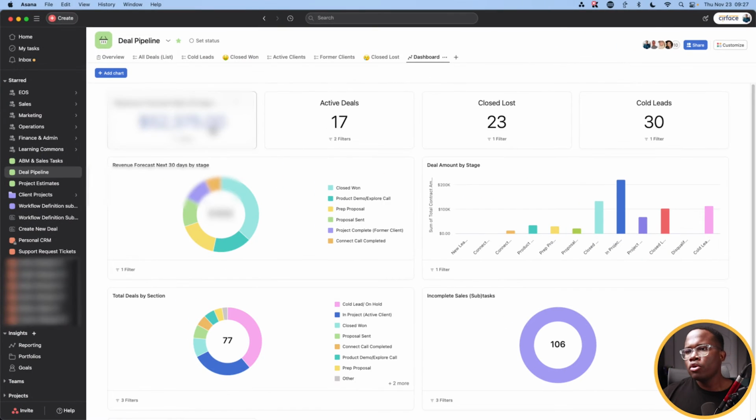And so I promised that if you stuck around to the end, you would get a little bonus here. And so I had shown you the project estimates request form here. I'm not going to go through the full thing, but I'm going to kind of show you how